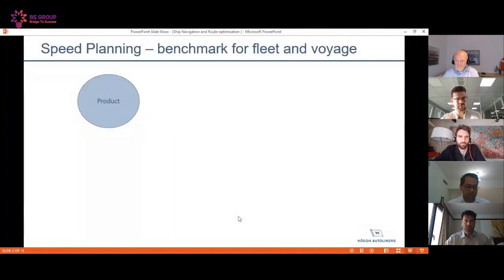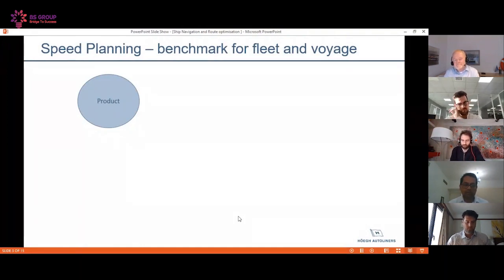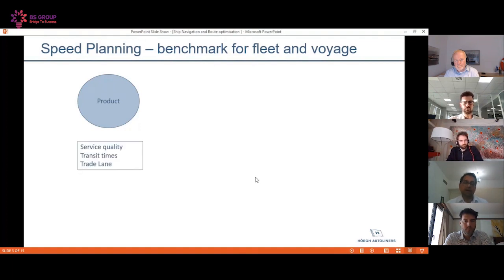Before I start talking about the speed variation, my perspective will be very much from the commercial operation aspect of a shipping business, and how the speed is benchmarked and how the speed variation happens thereafter. In the speed planning process, we need to go a level up when we talk about the benchmark for the fleet and the voyage. The speed planning determines, in the case of a liner, a few parameters like the service quality,